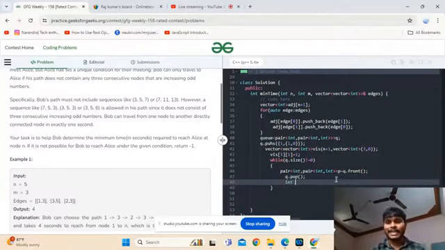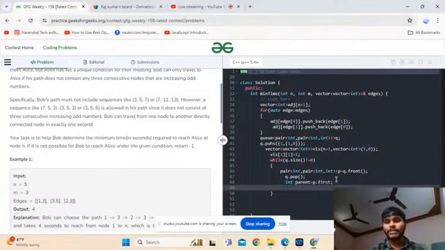Now p dot first, what is it? It is a node, right? Let's take it as a parent. So it is p dot first. Okay, p dot first.